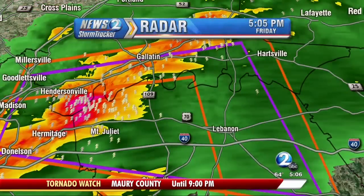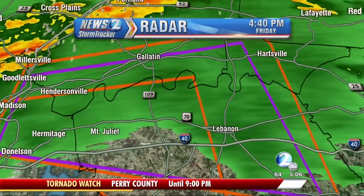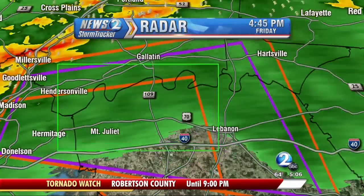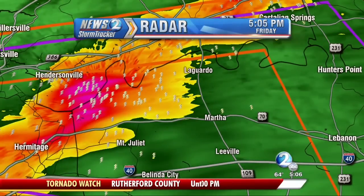If you are in Mount Juliet, if you are in Gallatin, you need to be taking cover. Lebanon, around the Highway 109 area, Lagardo, some of these communities in between. You're not only under a severe thunderstorm warning, and there are a couple of those in this area too for a good 60, 65 mile per hour winds, but we are looking at a bit of a couplet showing